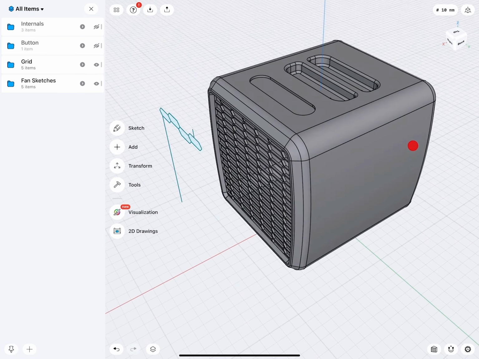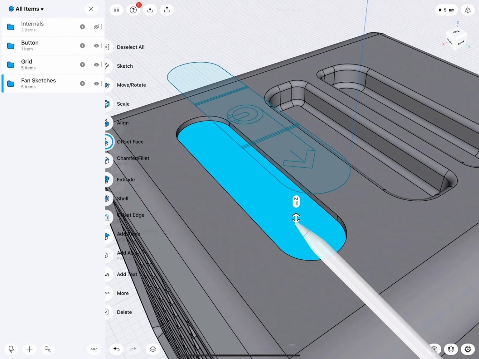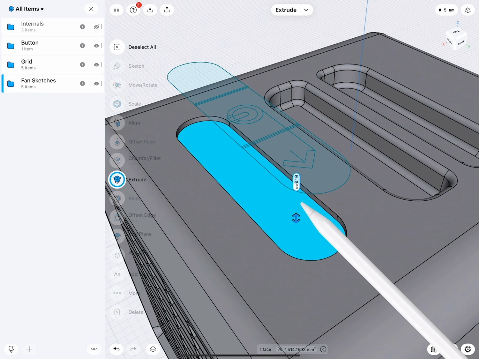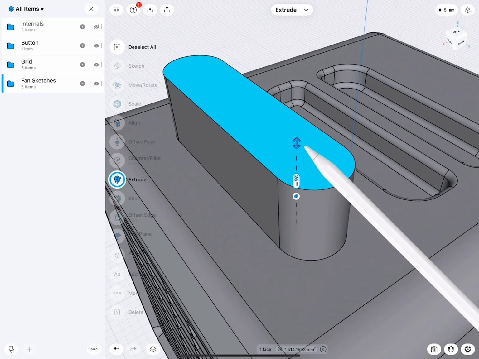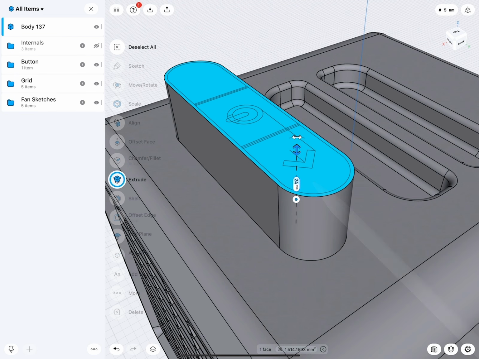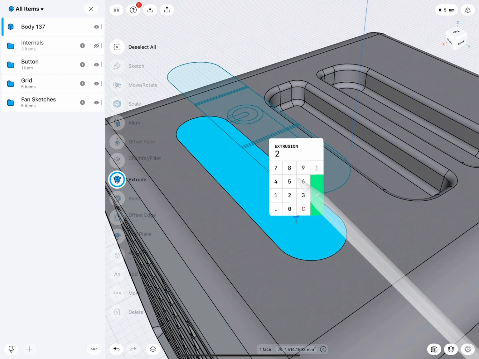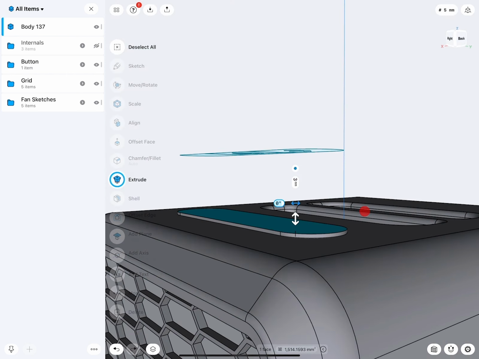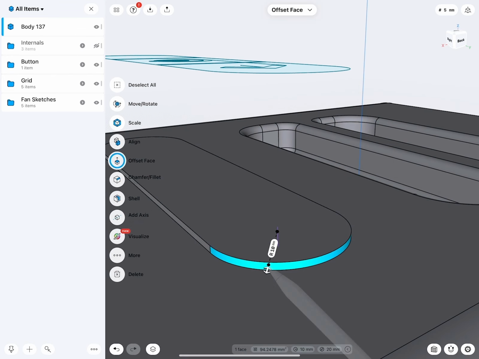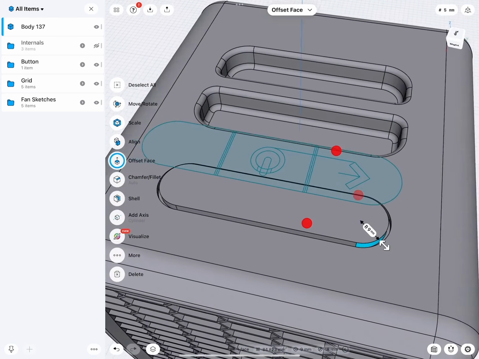Okay, so detailing. Let's take a look at the buttons. I have here this result from this face. I can also extrude myself a new button. You see, very easy. As a new part, 2 millimeters. That's material thickness, 3 millimeters. It sticks out 1 millimeter. I would like to shrink this 9 millimeters. Very nice.